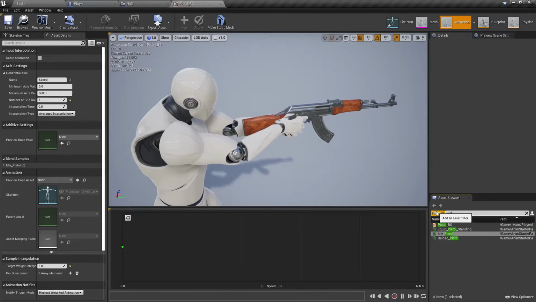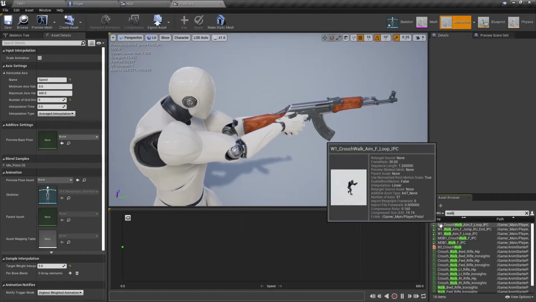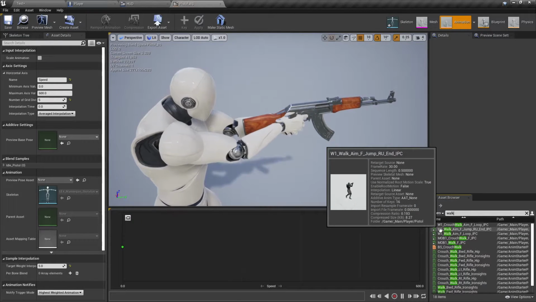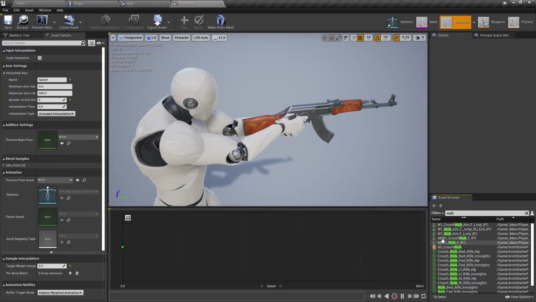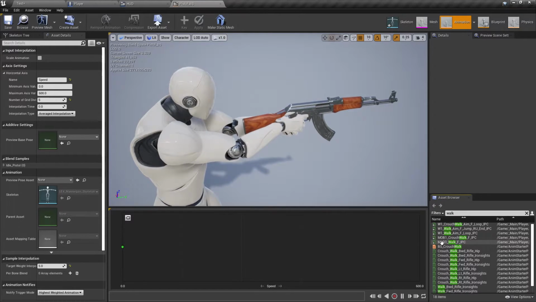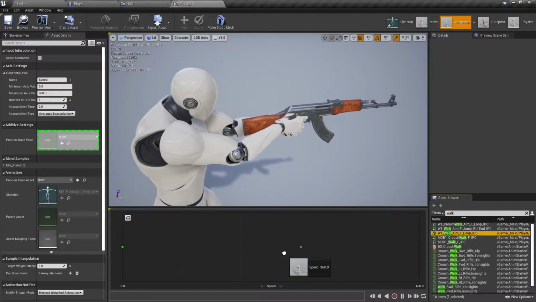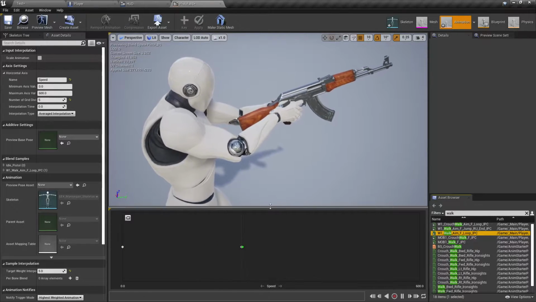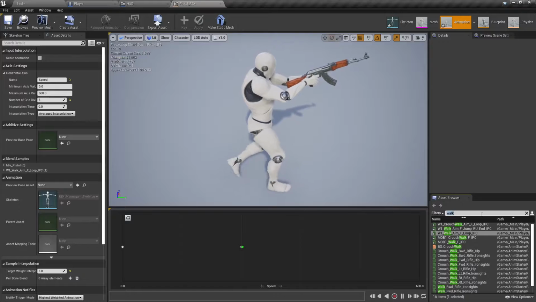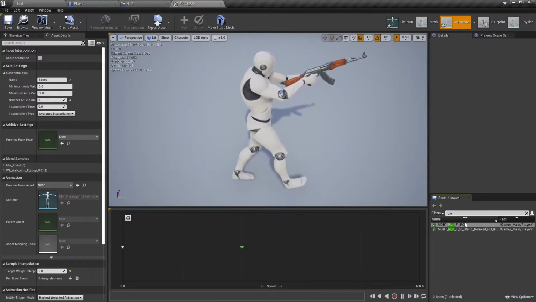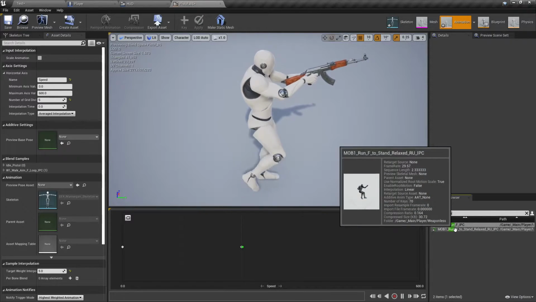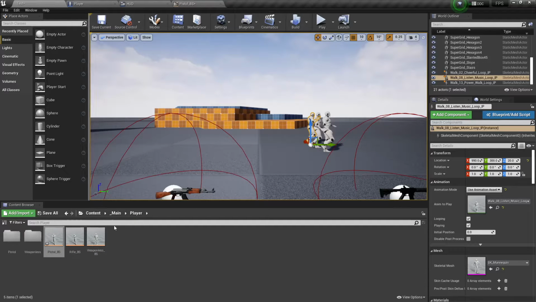Then we want lock. I'm not sure which one it is. It might be this one. It does say loop on it. I don't think there's